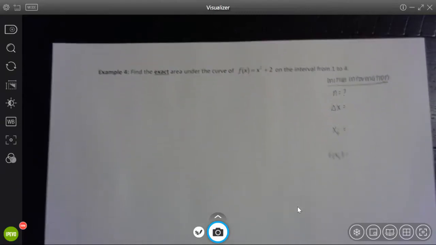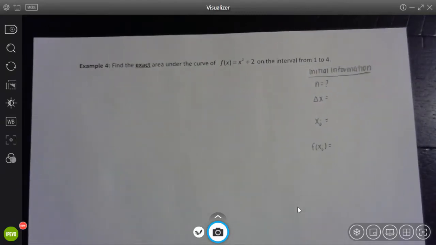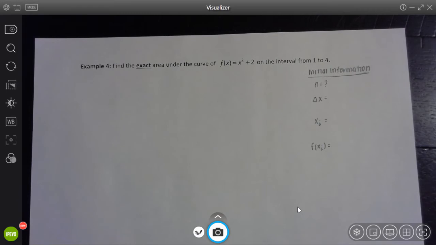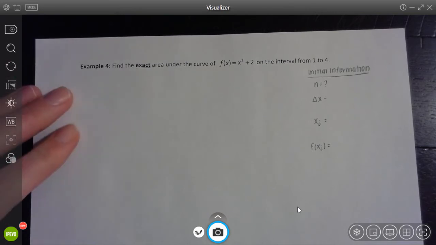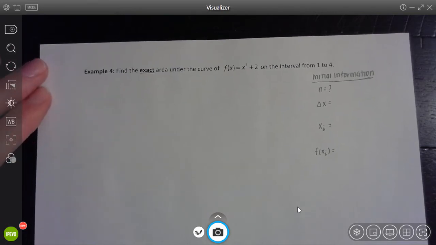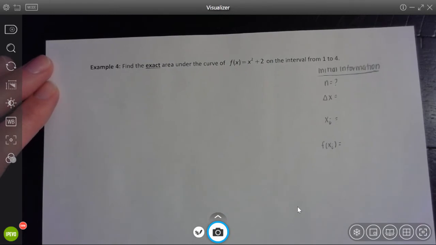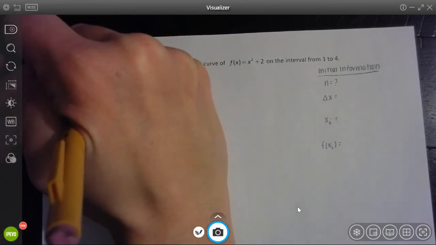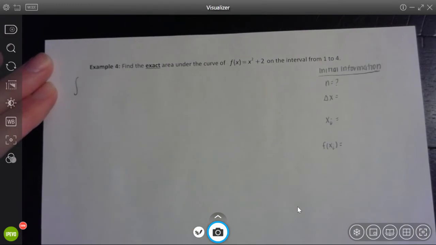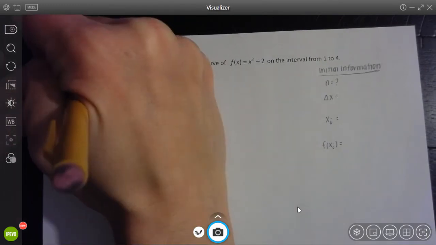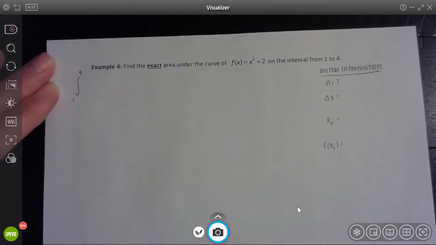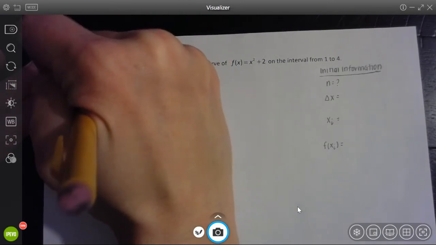All right, so here's the next example of finding exact area using our summation. So this time we're looking for the exact area under the curve of f of x equal to x squared plus 2 on the interval from 1 to 4. So I'm actually going to write this as an integral. So we know that we're looking for the integral starting at 1, ending at 4 of our function, which is going to be x squared plus 2